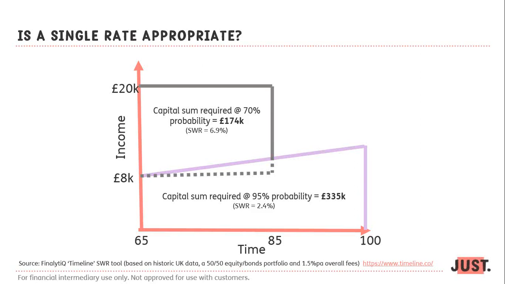Okay. So what this is effectively saying is, we've got 2 withdrawal rates here. We've got a sustainable withdrawal rate on the essential spending portfolio of 2.4. We've got a sustainable withdrawal rate on the discretionary spending portfolio of 6.9. Now, if you pull all that together, you probably end up with an aggregate number which is not too dissimilar to the 4 number. But this is a way of properly quantifying the client's capacity for loss, because certainly if somebody hasn't got £335,000